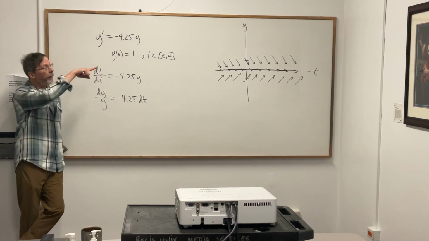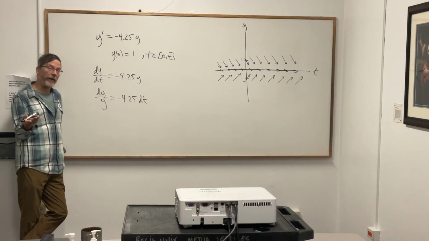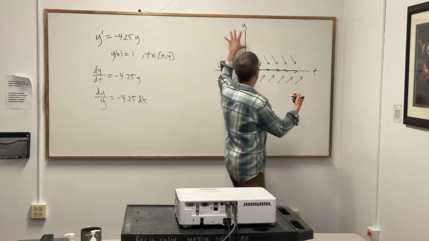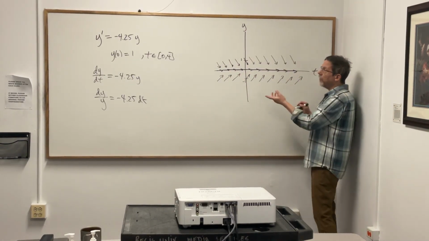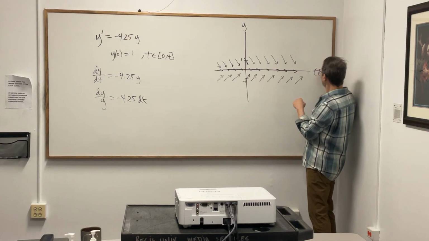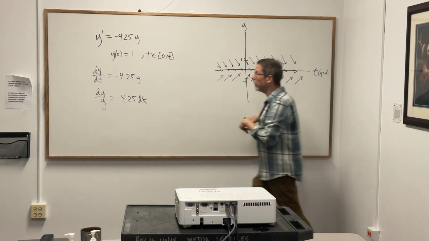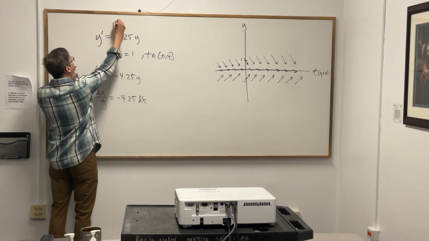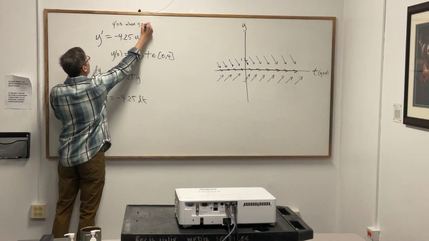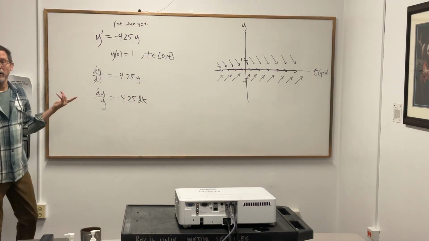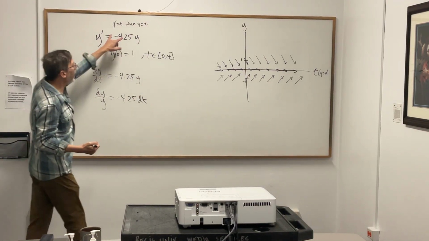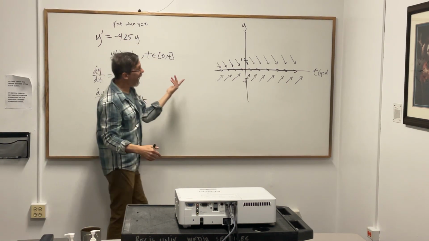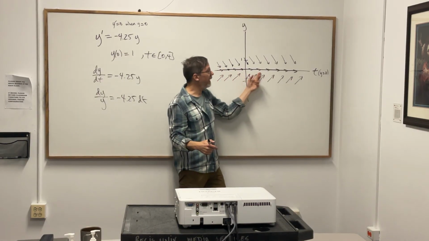You could always create a direction field to at least get a qualitative sense of the solution. So I came over here into the yt plane, and I noticed that if y equals 0, I'm on the t-axis, and if I plug that in here, replacing that y with 0, I see that y prime equals 0 when y equals 0, no matter what t is. So independent of t, if y is 0, the slope is purely horizontal,